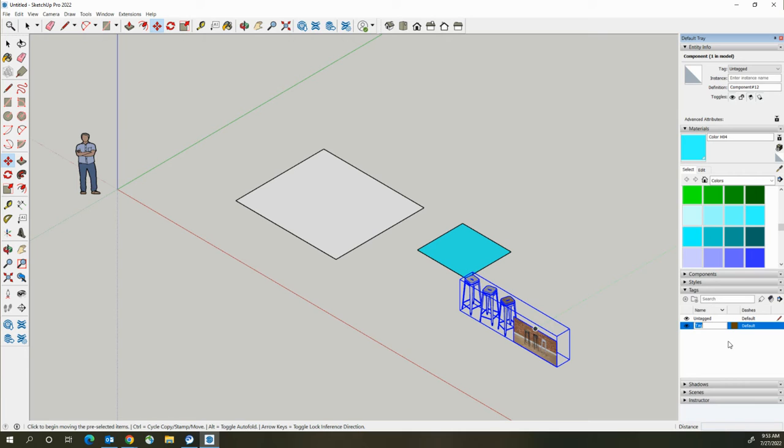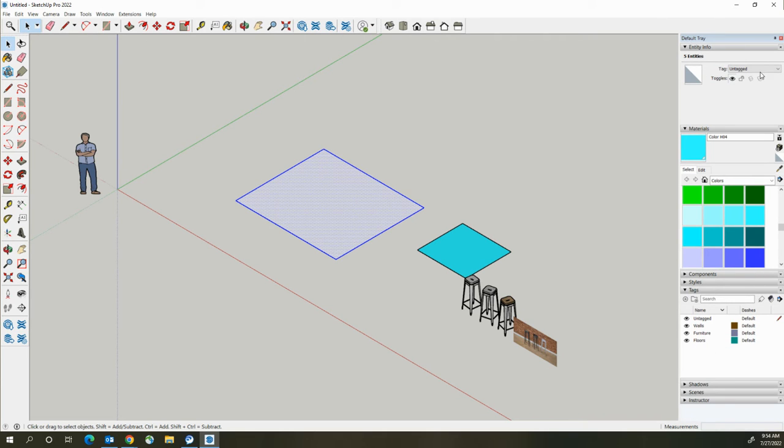So now I could add, let's say I want to add one for walls, and maybe I want one for floors, and we'll add one for furniture. Okay. So this is going to help you organize your drawing. So now if I come over here and I choose this item right here, I can choose to place it